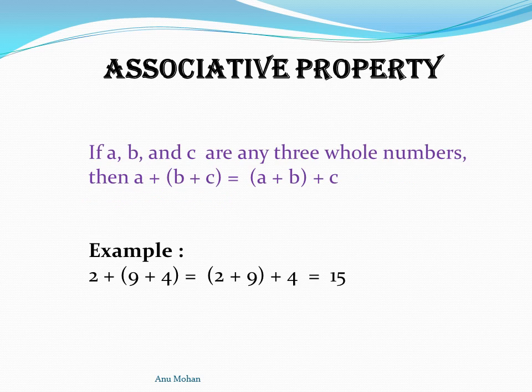So next one is associative property. In associativity, we are going to move the brackets. So let's take an expression with brackets. I have a plus, and inside a bracket I have b plus c. So what does associative tell us? You can move the brackets and the answer doesn't change. So if I take the same expression and I pick the brackets from b plus c and put the brackets around a plus b, and both of these expressions give the same value, then we would say that addition is associative.